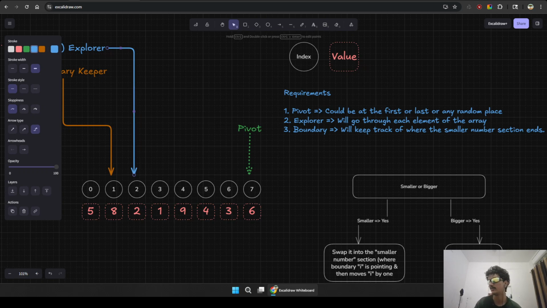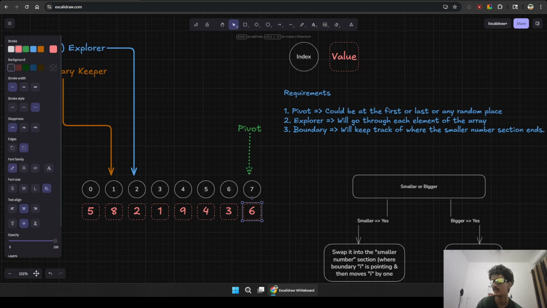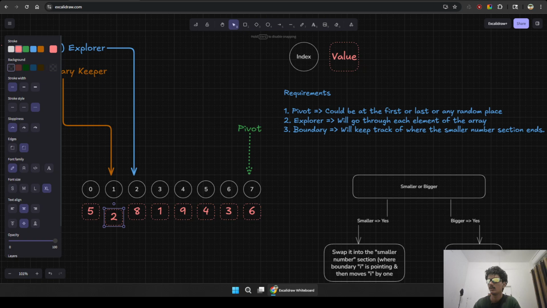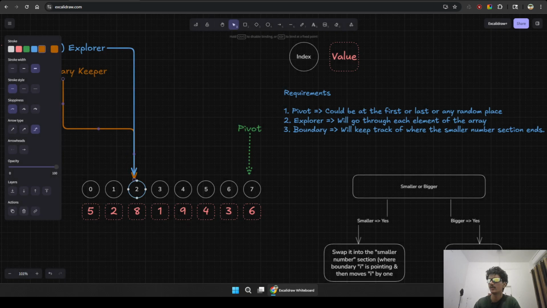And now you check it: is it smaller than the 6? Yes, it is smaller than the value at 6. Now we will swap it. How do we do that? We will take this out here and bring the 8 here, and we will take the 2 here, right? This time the condition is true, and we will move this i to the next. Now the explorer will go to the next value. Now see, is 1 smaller or bigger than the 6? It's smaller, obviously our conditions are met. What we will do is swap the value,